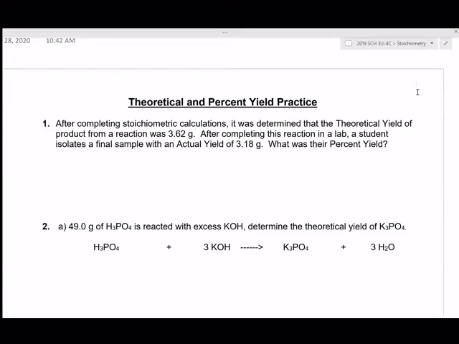So today you've been learning about theoretical yield and percent yield. Theoretical yield you should just think about as being, in theory, what is the absolute most product a reaction should give you. It's definitely what you do on paper with stoichiometry calculations. But in the real world, when you do a lab or you're working in a factory producing product, you get an actual yield. And the actual yield will always be less than the theoretical because you will lose product for